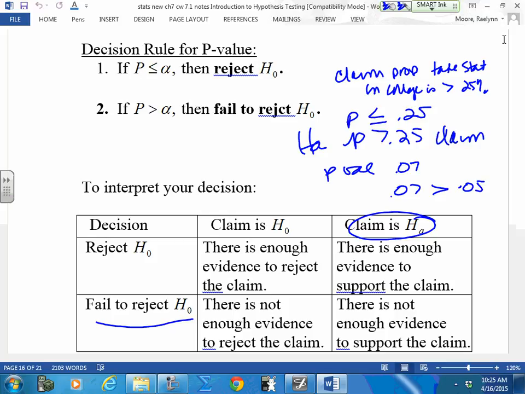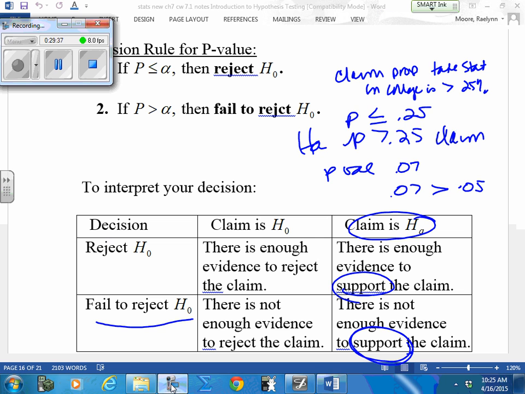If I fail to reject this, that means I took this. I can't agree with my claim. There is not enough evidence to support the claim at this point in time. Whenever your claim is HA, you're going to use the word support. I know this is a lot to digest, but my goal in this is so that we get